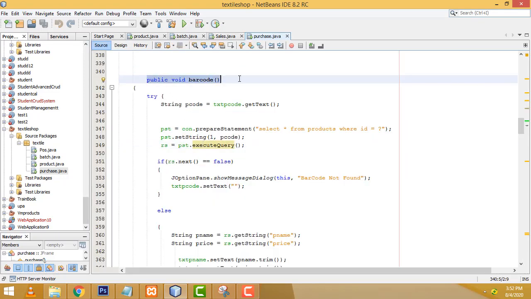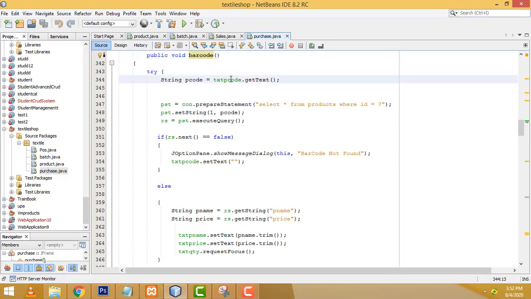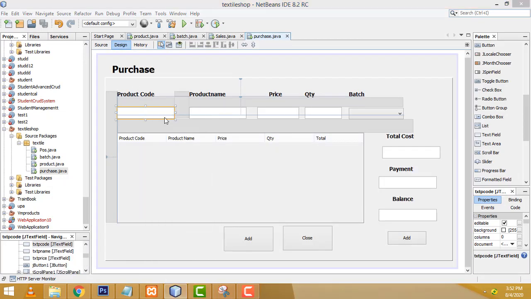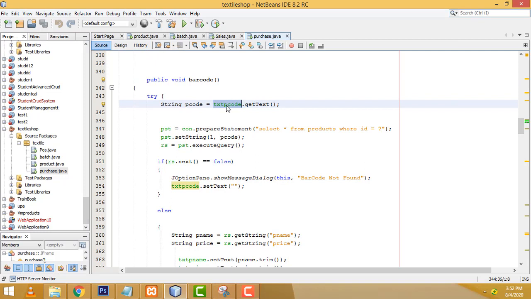So how to display in the text fields, I wrote the code here. I have created a function named barcode. Inside the function, this is the text field name, txtpcode. When the user types in this text field, it is assigned to this particular variable. Now we have to write the code here. Prepare statement equals connection, we have to ask the connection.